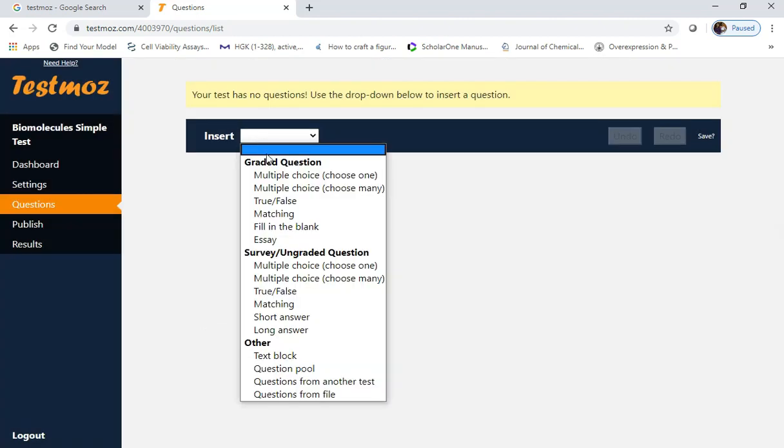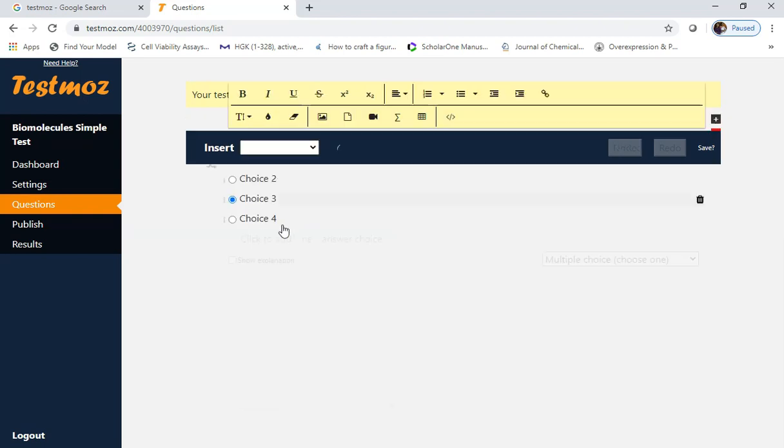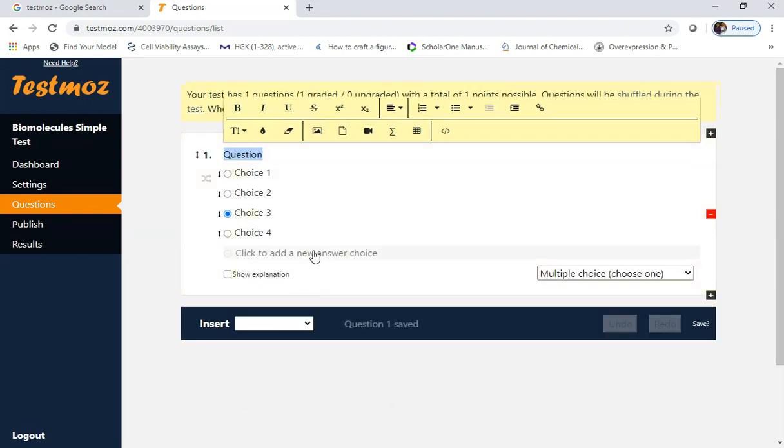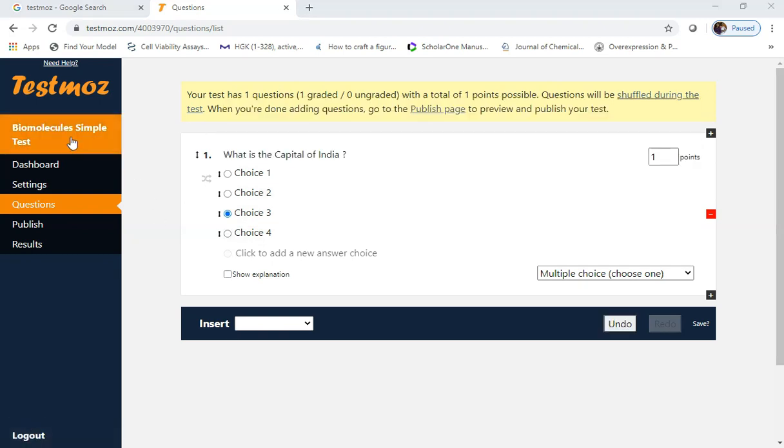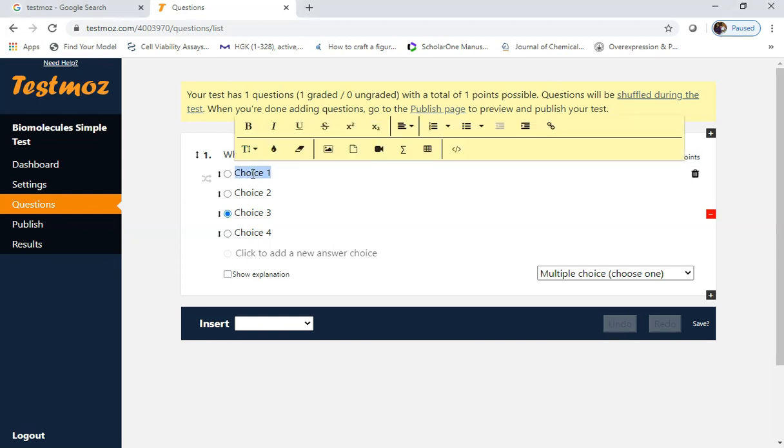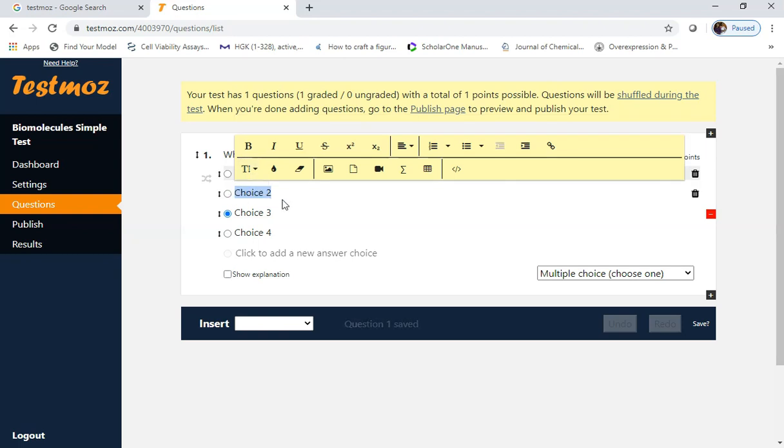Then simply we can use these multiple choice questions. First of all, we'll try multiple choice questions, and they are very easy to fill. Start adding the choices. Fill the question, add the choices. Just by using tab, you can go to the next choice.